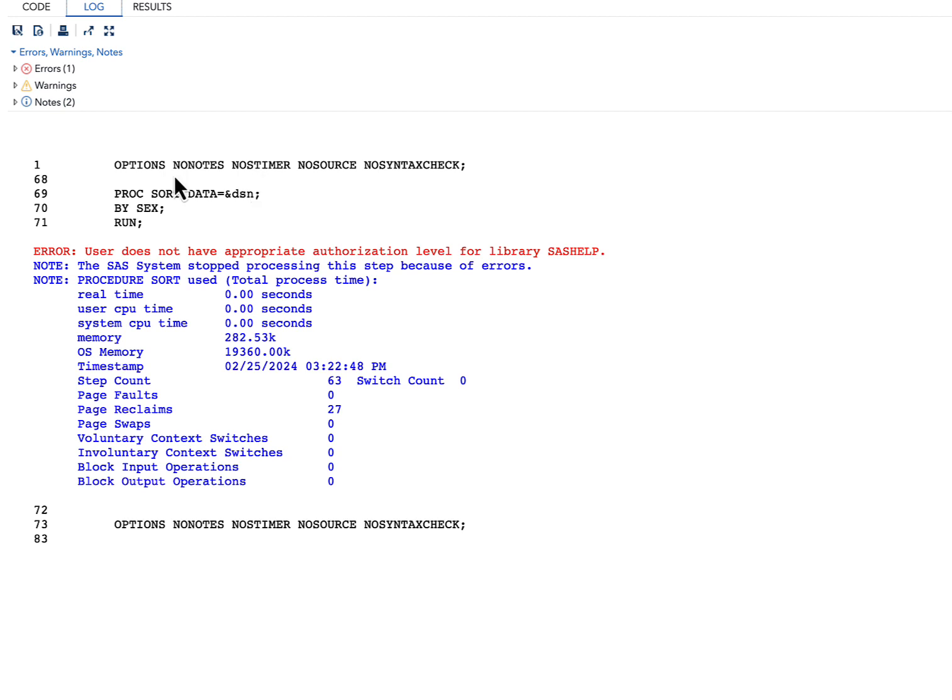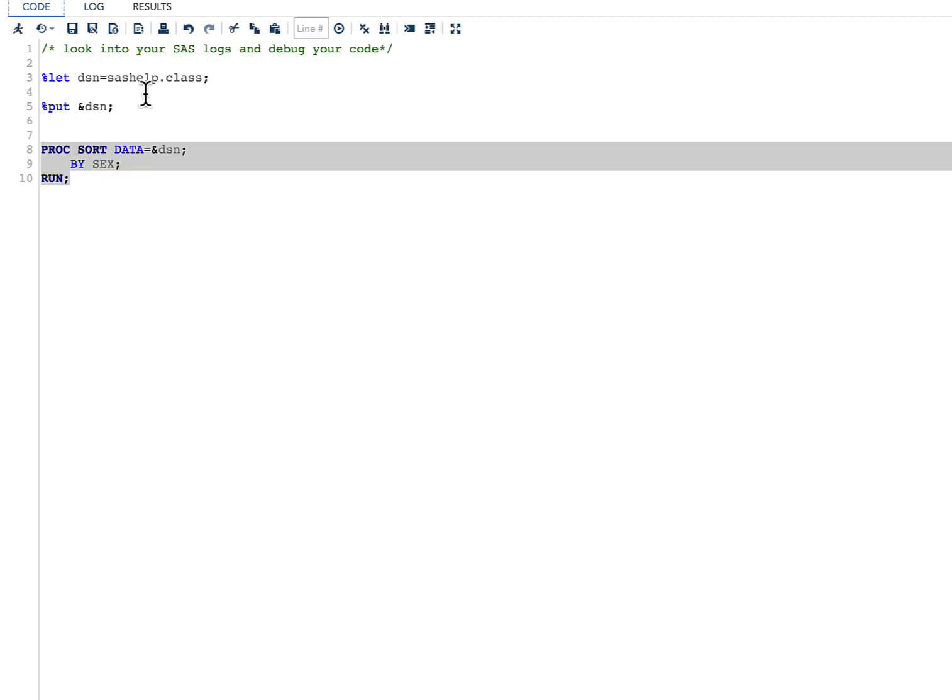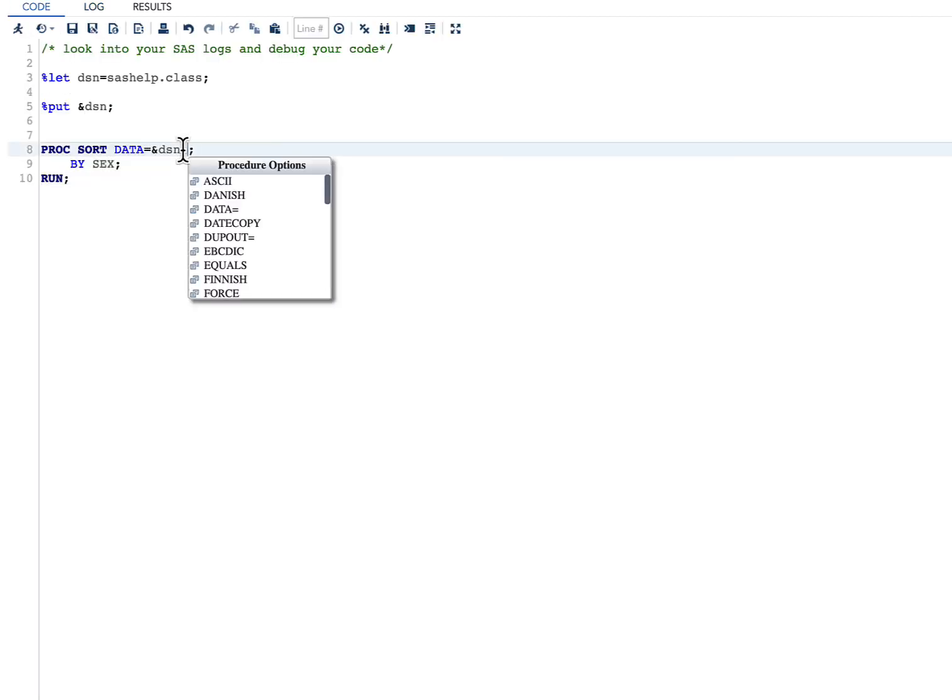But whenever we do a proc sort and we say data equal to SASHELP.CLASS, what happens is it will sort the data, in our case by sex, and it will store it back in SASHELP.CLASS. As we do not have any authorization to do that, it will have an error. So how do we solve this? We cannot change anything in SASHELP.CLASS, but what we can really do is we can do out equal